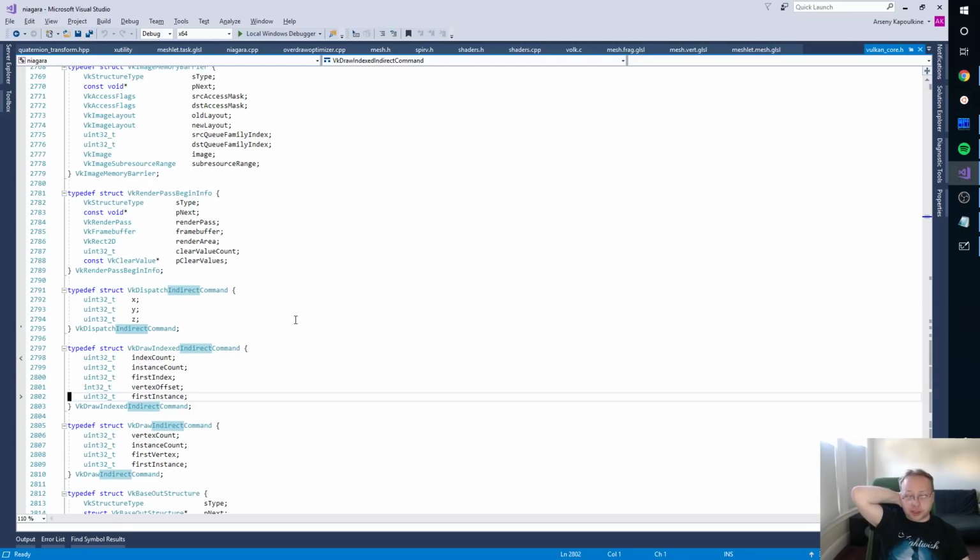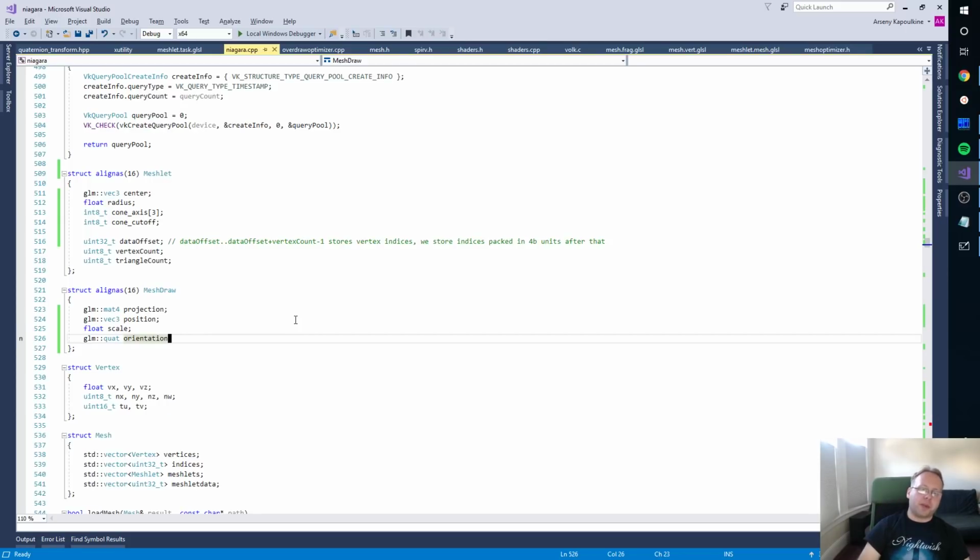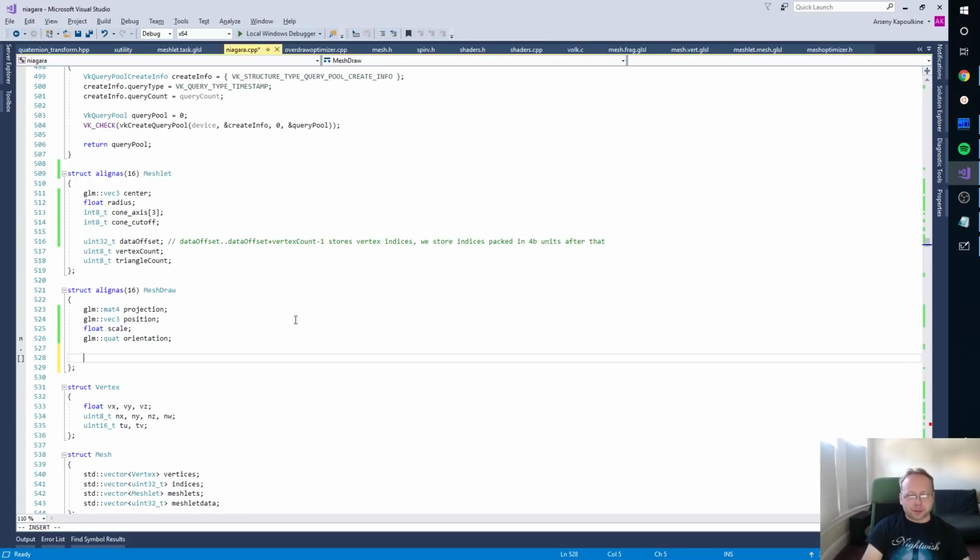Together, this is 7 integers. So I'm wondering, should we just burn the space inside the mesh draw structure for the 7 integers worth of command data? Or we can make it 8 for good measure, so that it's all aligned. We don't need it to be aligned, but